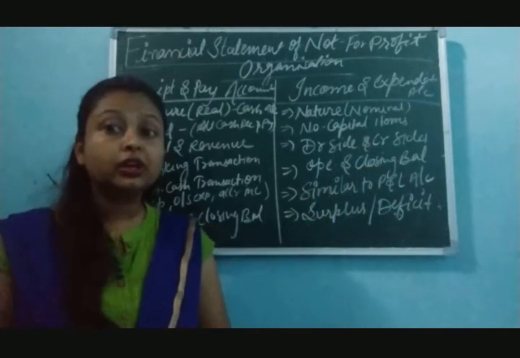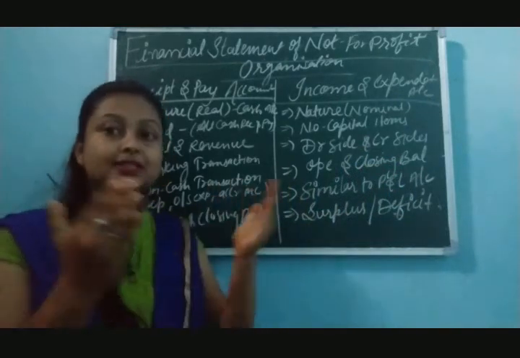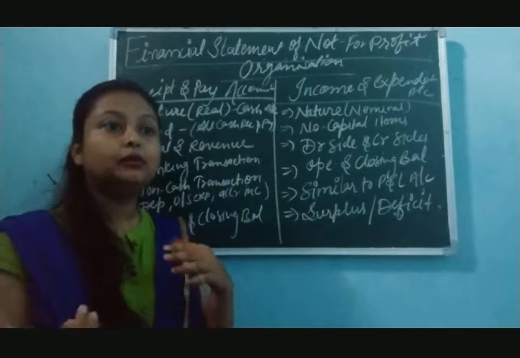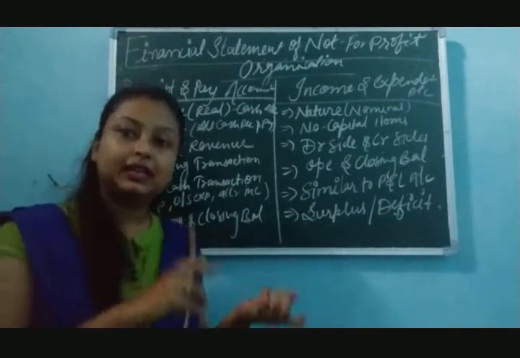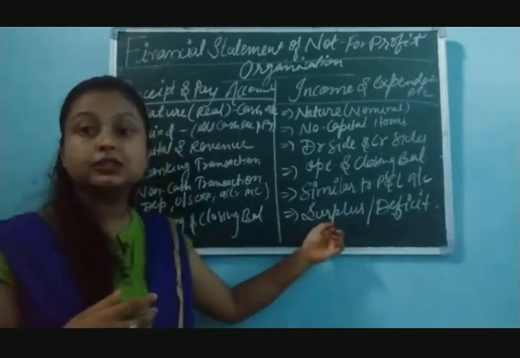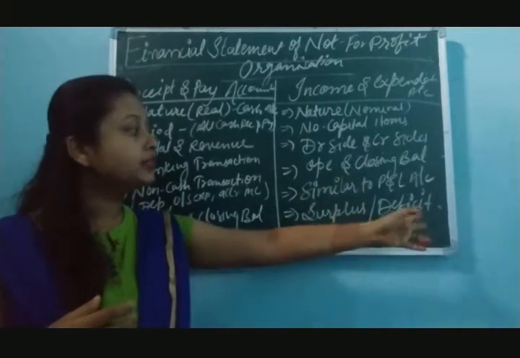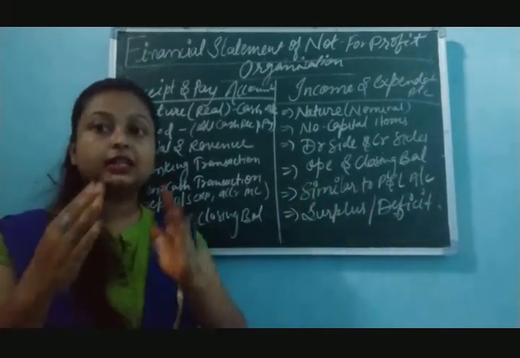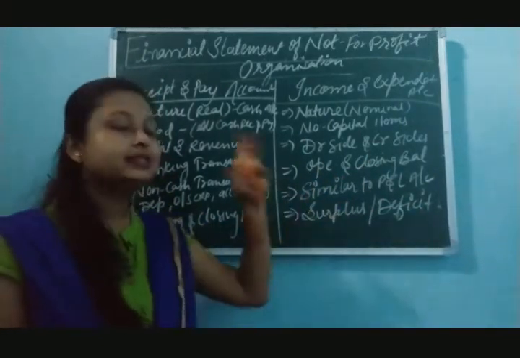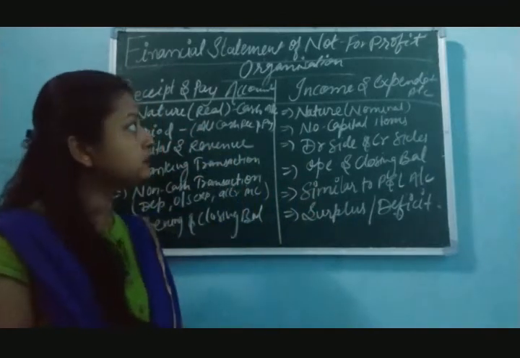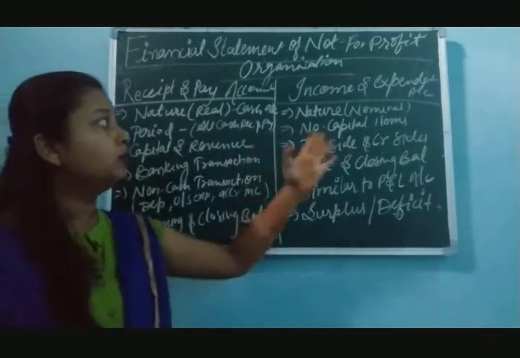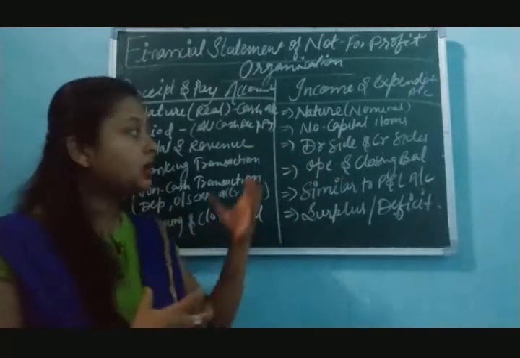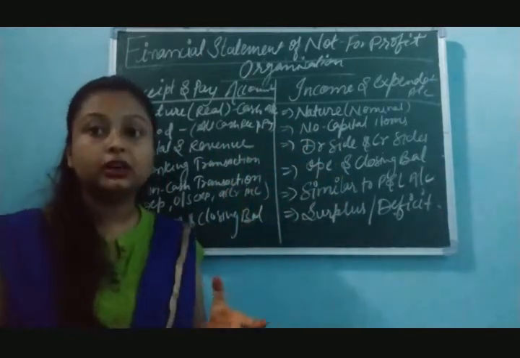So how are you going to recognize them? By balancing the account, you will get a balancing figure. If it comes on the debit side, that is a surplus balance your organization has. And if the balancing figure comes on the credit side, that will be recorded as a deficit balance. So this is all about both of the accounts, what their features are and how we have to record things in the organization.